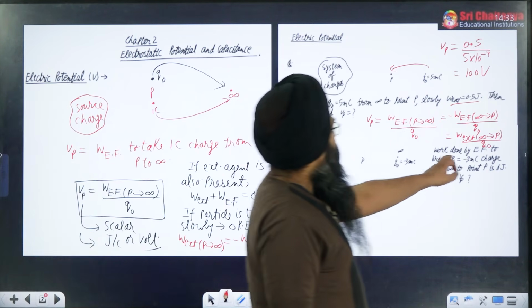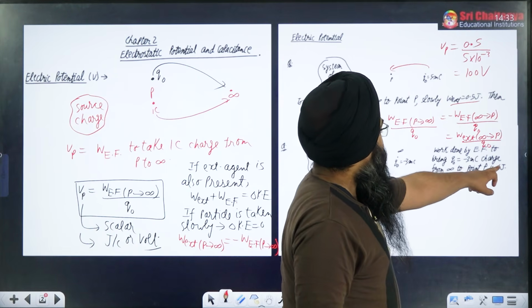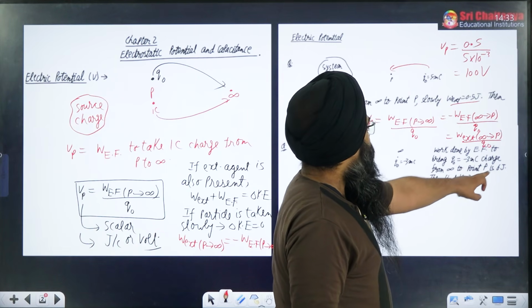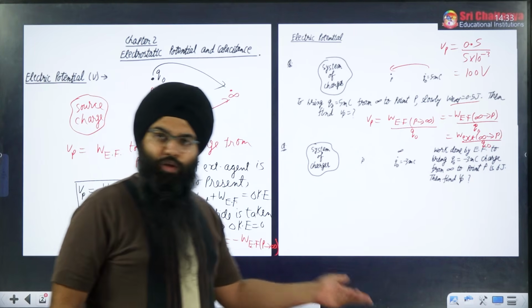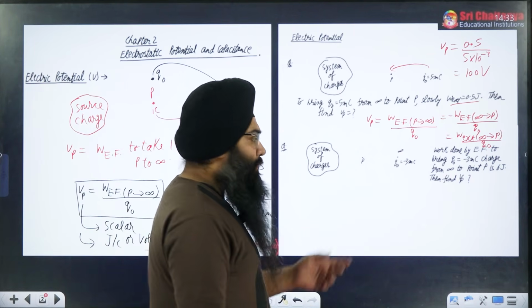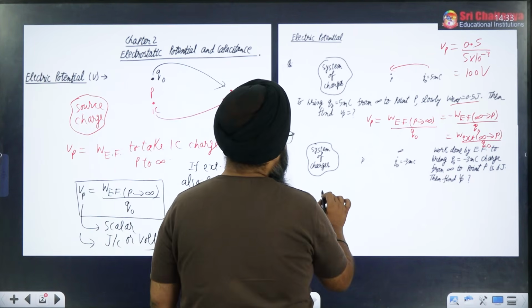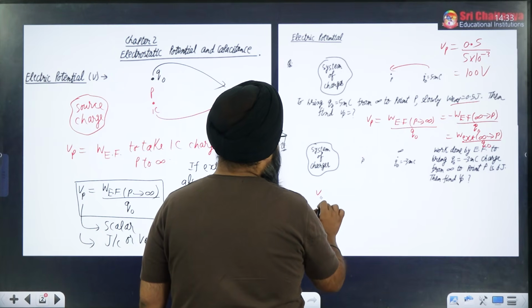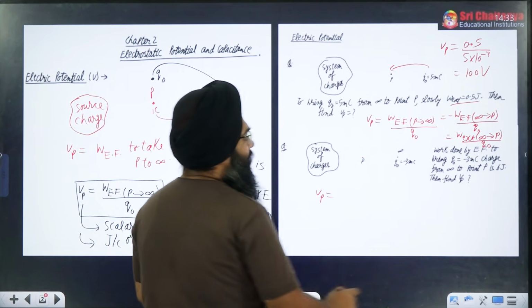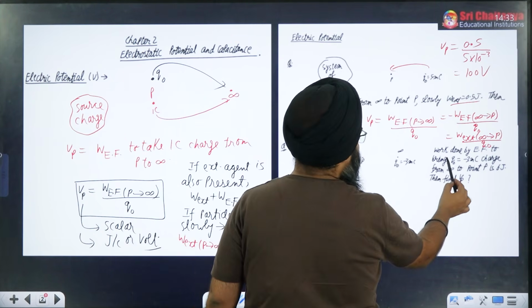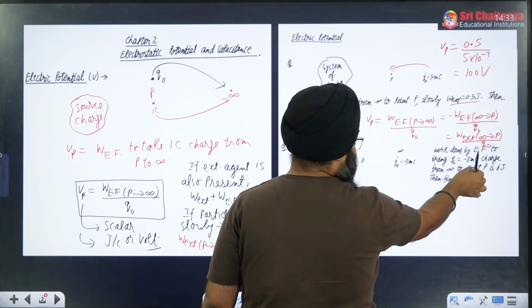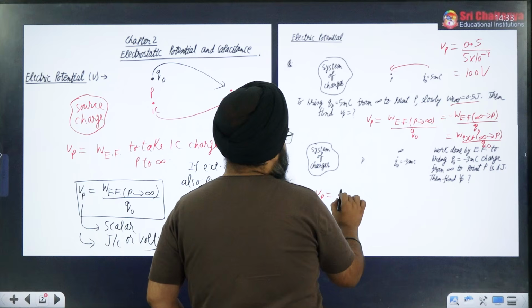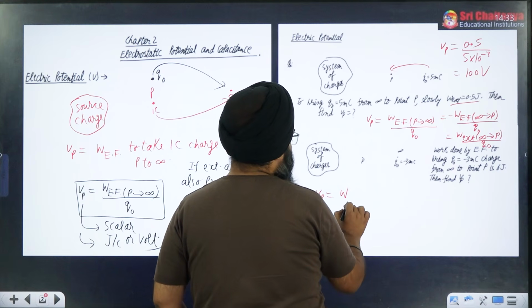Similarly, they are asking: work done by electric field to bring Q naught equal to minus 3 millicoulomb charge from infinity to P is 6 joule. Find the potential at P. Again, now they have written in terms of electric field. So again, this is a very simple question. What will be the answer? Potential at point P will be equal to, I know only one point. What they are saying, work done by electric field to bring Q naught from infinity to P is 6 joule, and this is the work done by electric field. So what I will write? I will write potential at point P is work done by electric field